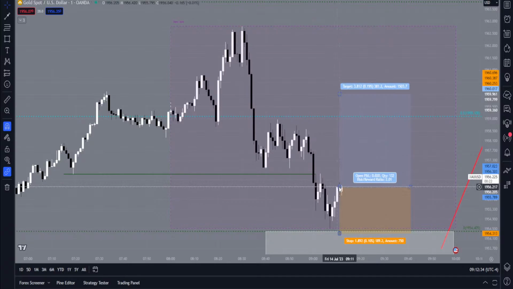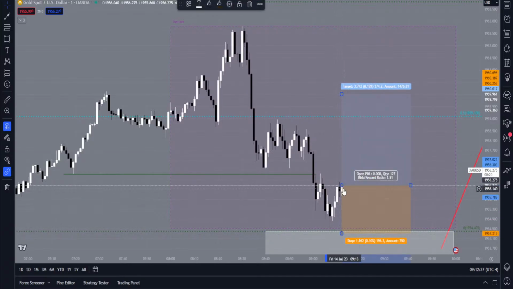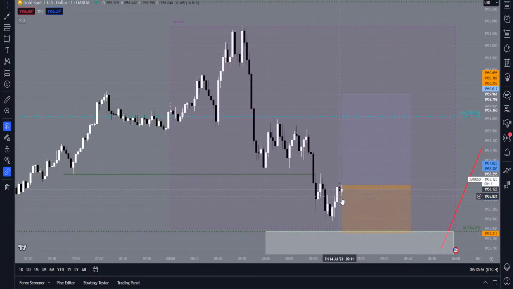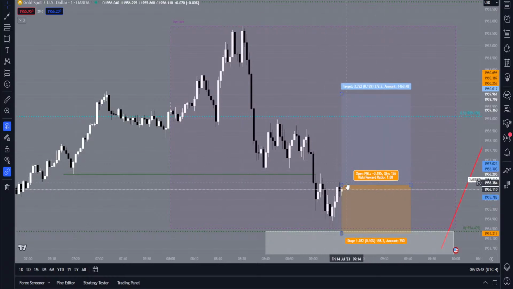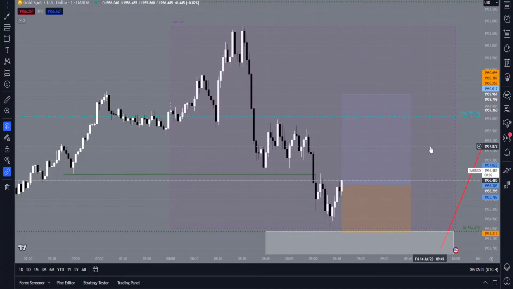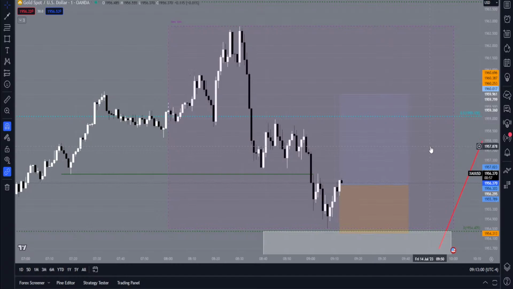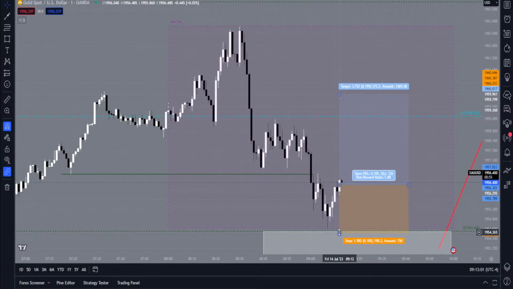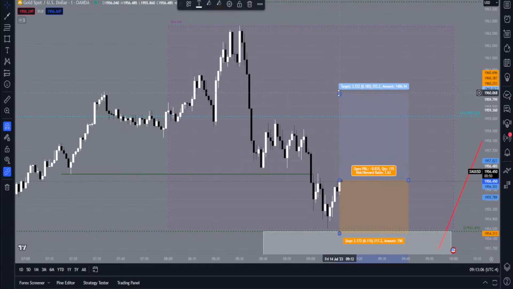Okay. I don't know about the stop loss. It's a little bit big, to be honest. If this is the engulfing right here, let's see. We have 10 seconds to be sure. Yeah, it is the engulfing. Alright, so I'm in the trade now. The stop loss is the low right here. And take profit will be 2R.